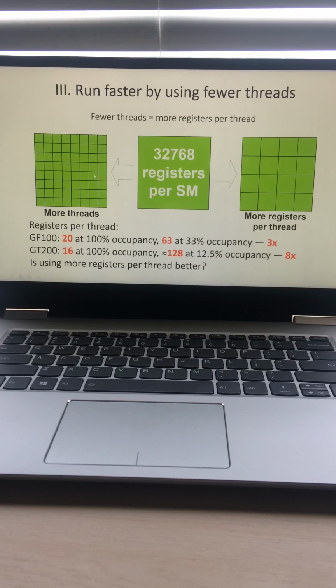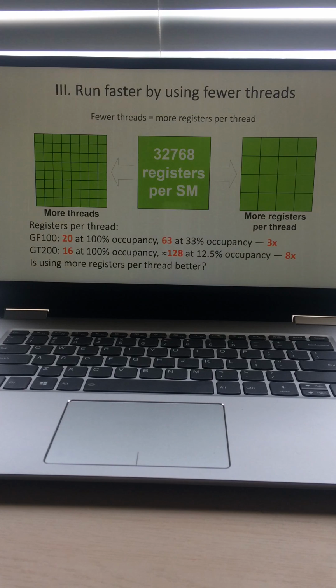Now let's see how to run faster by using fewer threads. Let's suppose we have a certain number of registers per streaming multiprocessor. Now there are 2 ways to perform the operation. Either we can use more threads by assigning a smaller number of registers